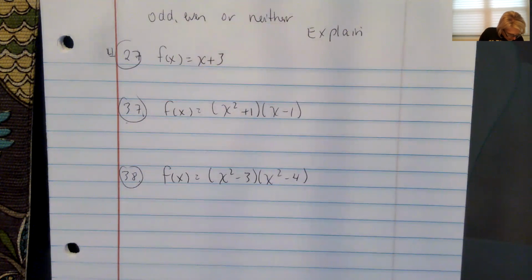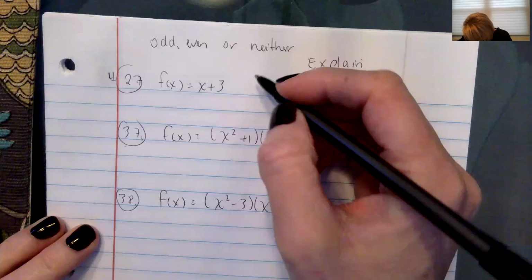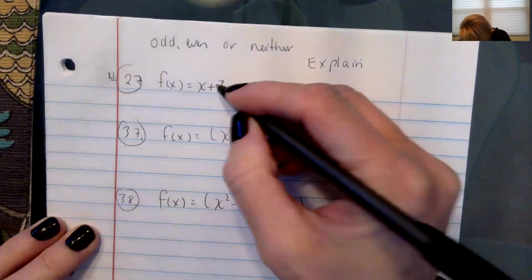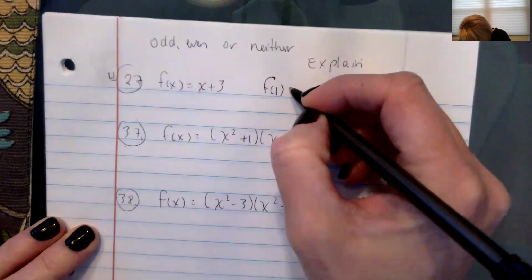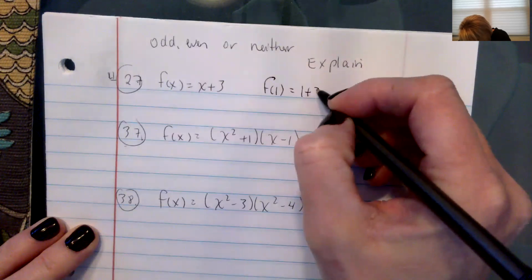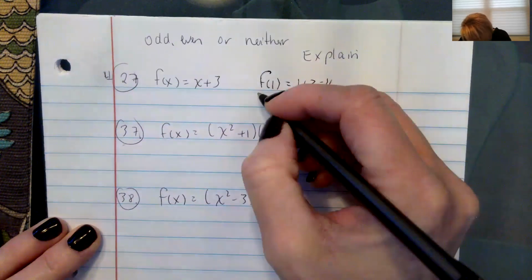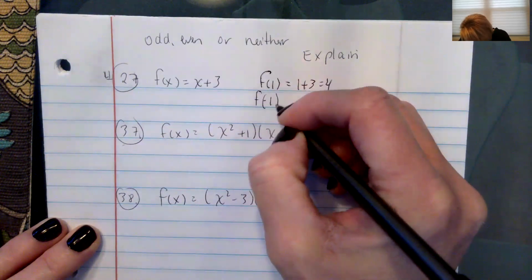It's asking us if they're odd, even, or neither using the definitions. So using the definitions means if I put in 1, I get 4. And if I put in -1,